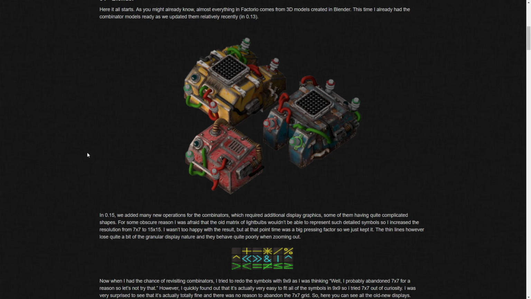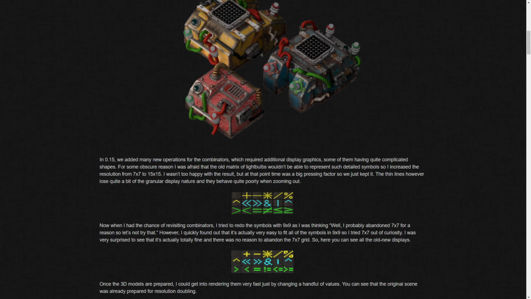It's really cool. So in 0.15, they added all these new operations for combinators, which require additional display graphics, some of them having quite complicated shapes. So for some obscure reason, V was afraid that the old matrix of light bulbs, so these things up here that displayed the settings, wouldn't be able to represent such detailed symbols. So I increased the resolution from 7 by 7 to 15 by 15. I wasn't too happy with the result at that point, but at that point in time, it was a big